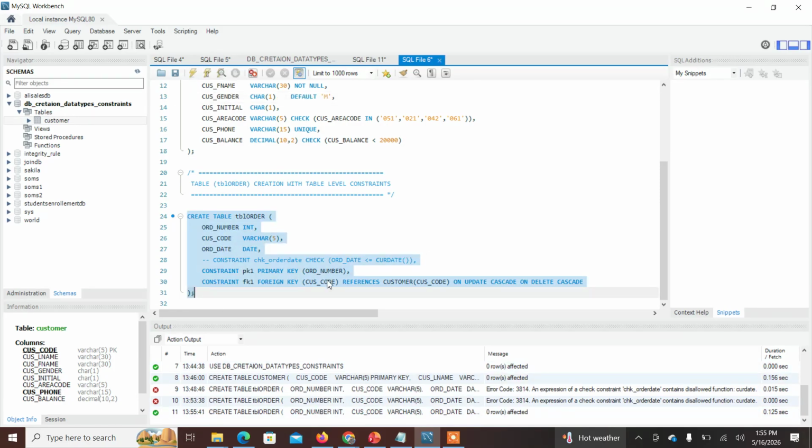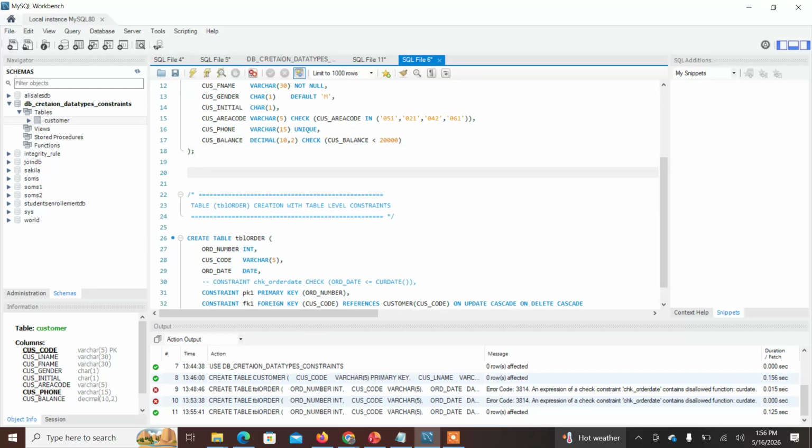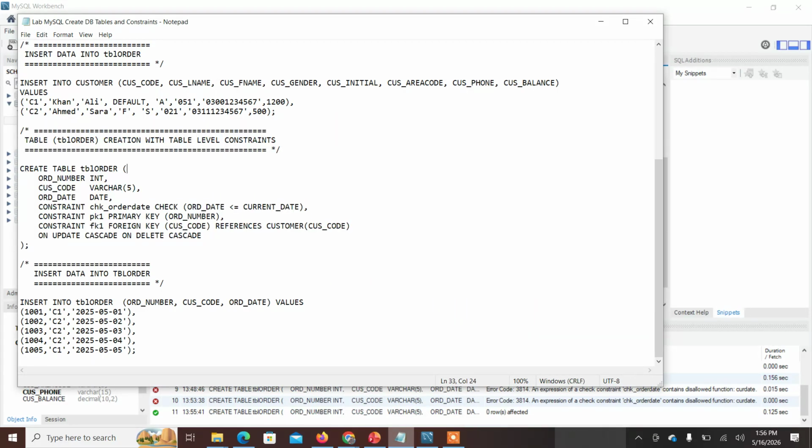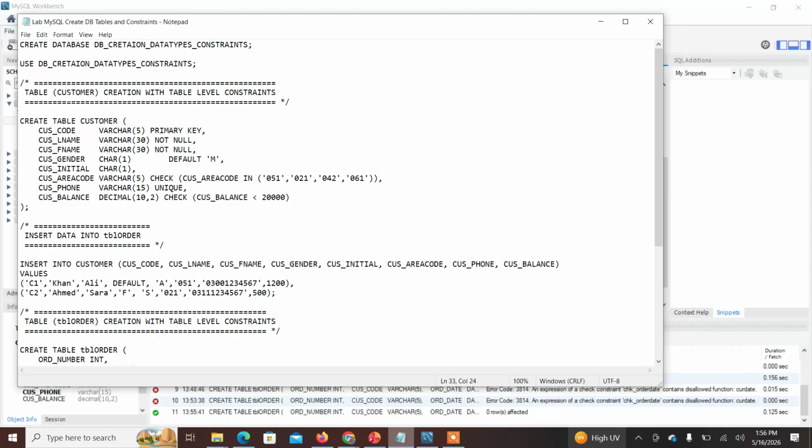Yes, the second table is also created. Now both tables have been created, and now we are going to check the effect of the update cascade and delete cascade. But for that, first we need to enter data into both of these tables. So let me insert data to the customer table, and then to the order table, and I have prepared some sample data. So let's copy that